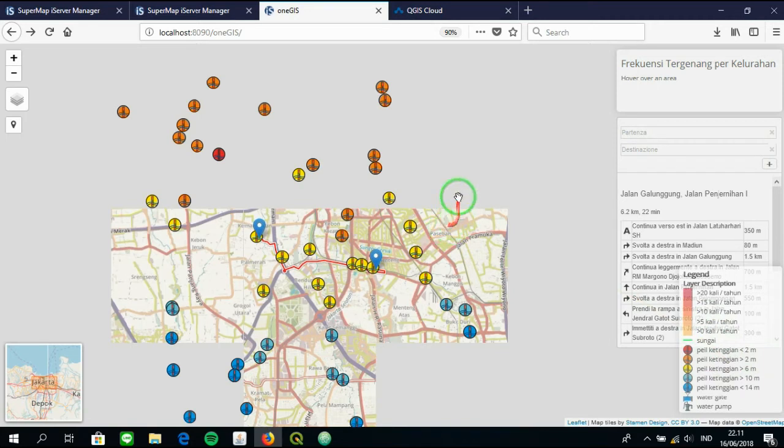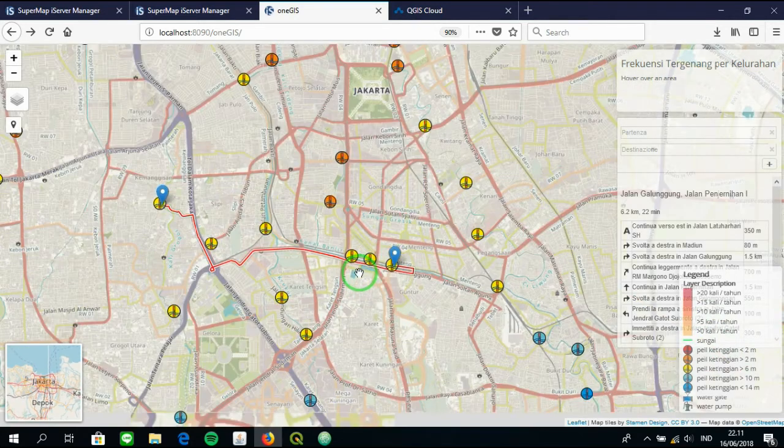Maybe that's all of the explanation of my WebGIS application that I built using Supermap iServer and iClient JavaScript. Thank you for watching, and